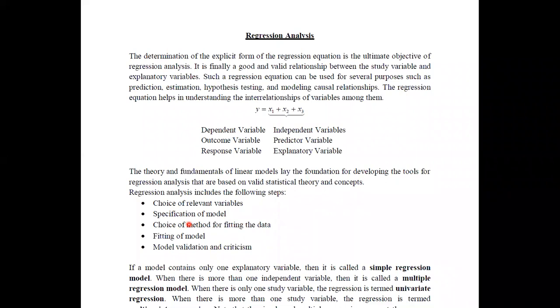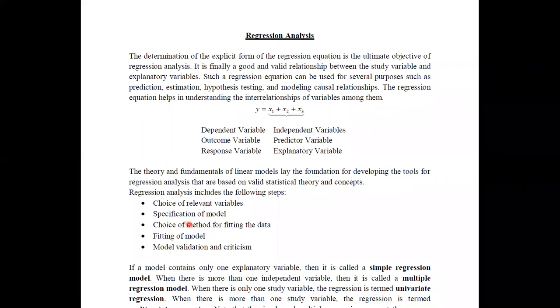First of all, we need to identify the relevant variables. It means the choice of relevant variables. In other words, we need to identify what the y variable is and what the x variables should be. So the dependent variable and the independent variables should be identified initially. Otherwise, if you have not properly identified them, you may end up with wrong decisions. Sometimes you identify a variable which cannot be controlled by ourselves and include it among the x variables. In such situations, it will be a big problem.